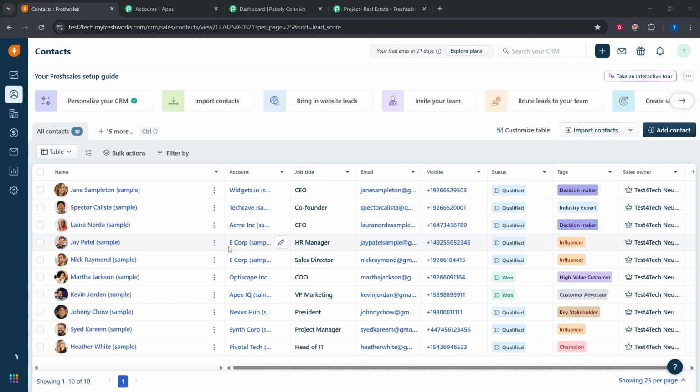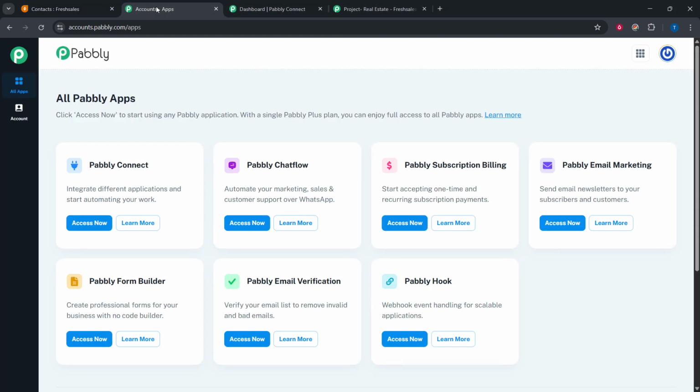First, sign up for or log into Pabbly Connect. Pabbly Connect is an automation tool that links apps together using triggers and actions. If you already use it, just head to your dashboard. If you're new, the sign-up is quick, and once you're in, you'll be ready to create your workflow. It's helpful to have your Justdial and Freshsales accounts open in separate tabs, since Pabbly may prompt you to authorize